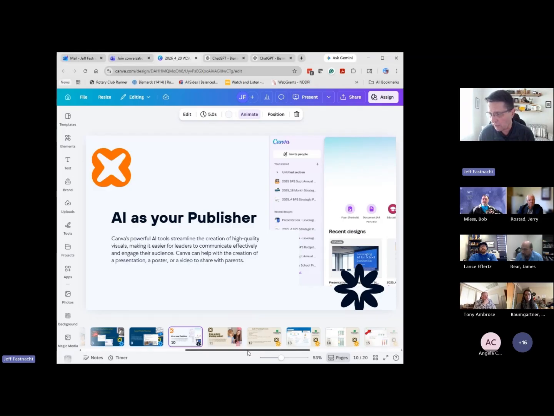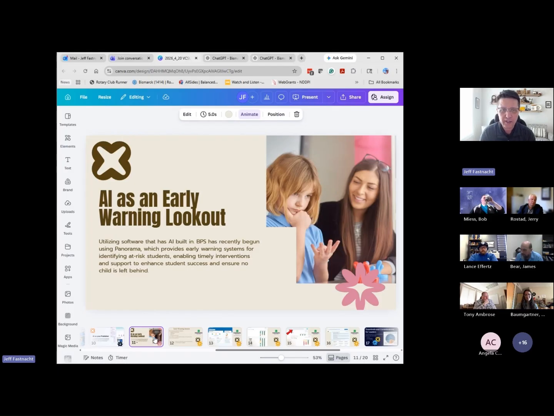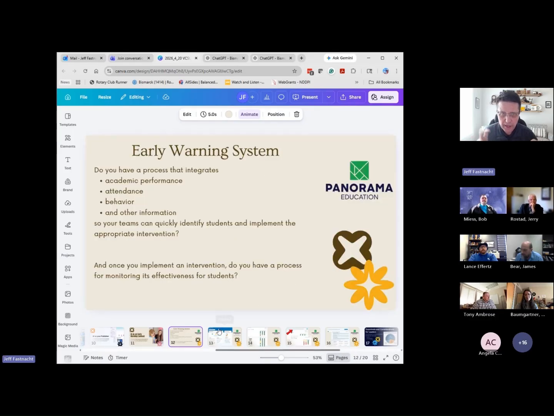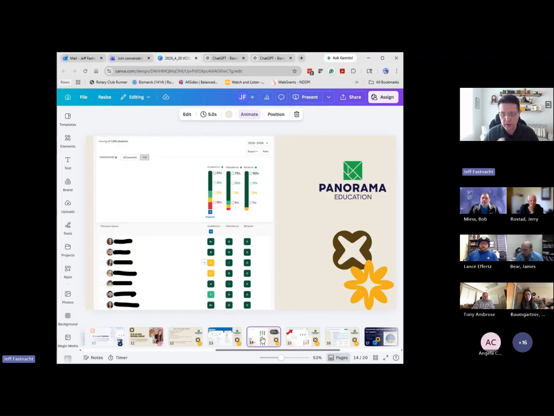And lastly, the one that I'd be interested to think what our new teacher thinks about this. We're using AI as a tool for early warning systems. We bought into Panorama. I don't know how many people ever use that. But Panorama is a data warehouse tool, but it has AI embedded in it. So now as a teacher, I can just pull up my class. I can pull up a grade. I can pull up a school. I can pull up the whole district. And now I can see all my kids' early warning indicators. What are their grades? What's their attendance? What's their behavior? All the data dumps in here every night.